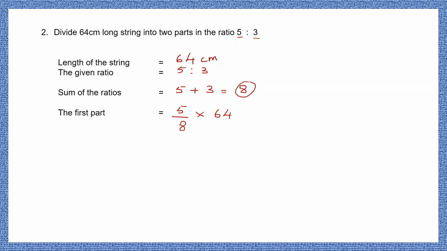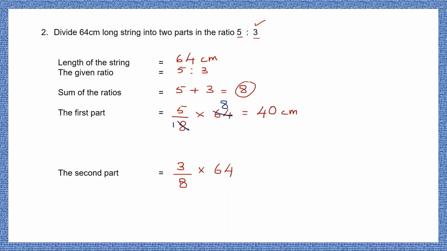Now multiplication of fractions, let's cancel. 8 ones are 8, 8 eights are 64. Now multiply. 5 eights are 40. So the first part of the string is 40 centimeters. Now let's find the second part. The second part, you can take the second part of the ratio, which is 3. Again 3 by the sum of the ratios, which is 8, and multiply it by the length of the string,